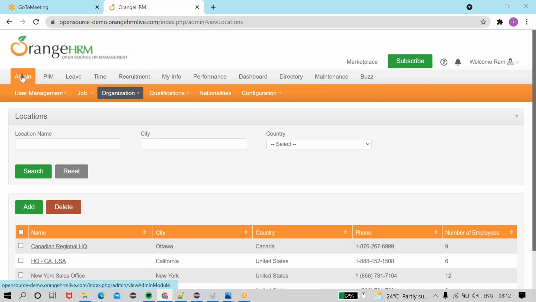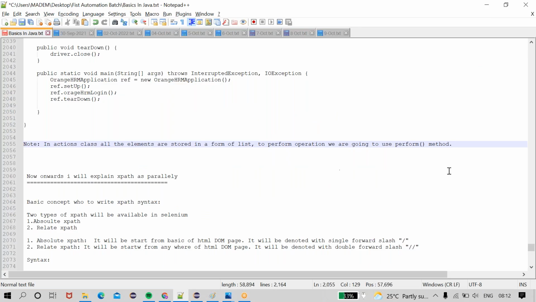First I am coming here. This is one operation. I am navigating to here. Two operations. And coming to here. How many operations do I perform? Three operations. Three actions will be stored as a list: first, second, third. These three will be stored in the form of a list, and by calling the perform method, one after another it is going to perform the actions of the Actions class.